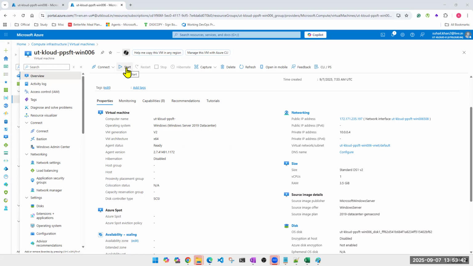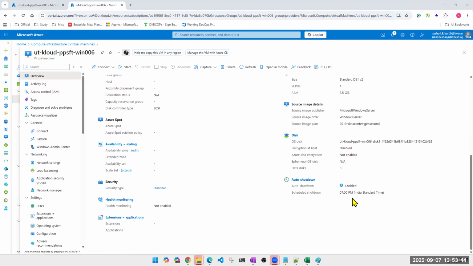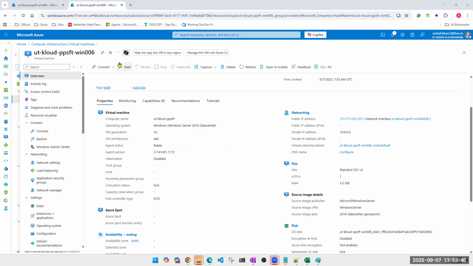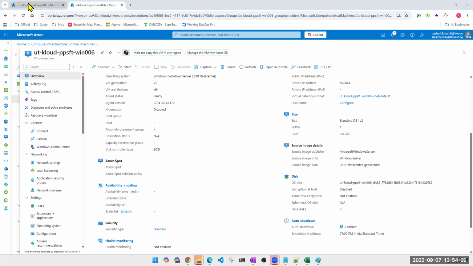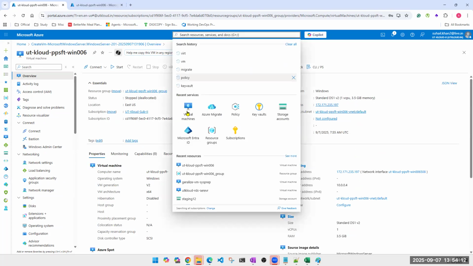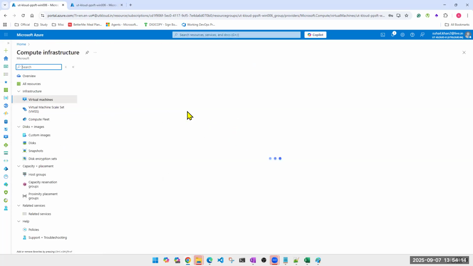The auto shutdown feature is there, but generally to start the machine, we don't give them portal access. There is a concept called webhook, which we'll be covering later. They don't see everything. They just have a link. They click on the link, and that link will come here in a programmatic manner, and it will start the machine. Or there is another method that I clearly know, that my users or these developers, they work 9 to 5, right? So